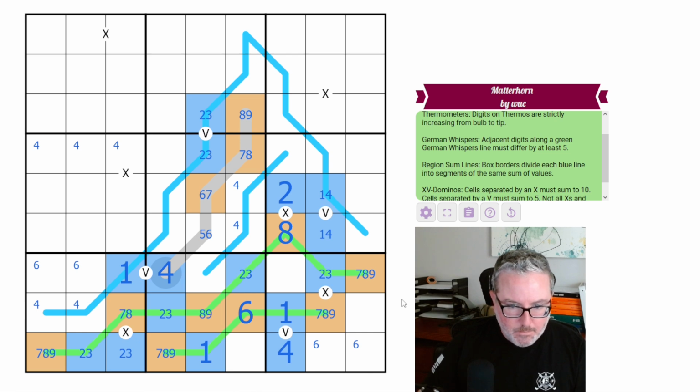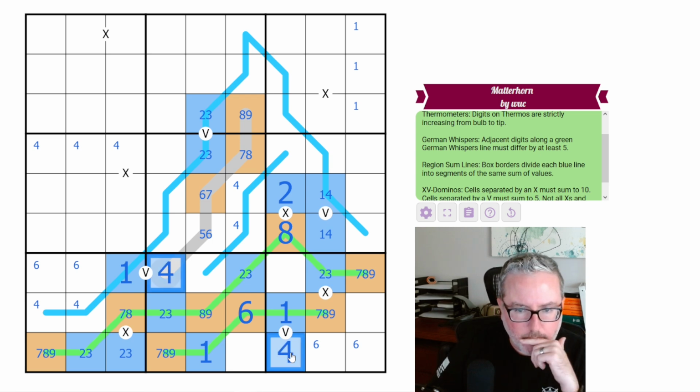And doobie-doobie-doo. Yes, hoping I can get these guys sorted. Can't quite do it yet. One's not really giving us much at the moment. Is there anything out here that's...